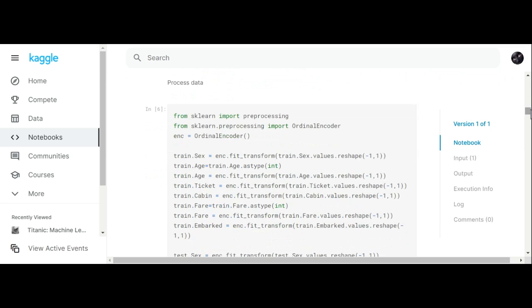So now what we've done is we've processed our data. We took all of the object files and ordinal encoded them to give them a numeric representation. In addition, any of the files that needed to be integers, we made them integers as well. So the age, we made that an integer, and the fare, we made that an integer too, because I just felt that it was just cluttering up the